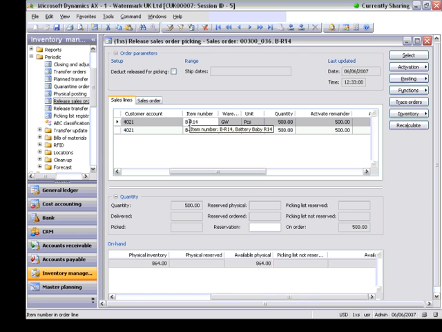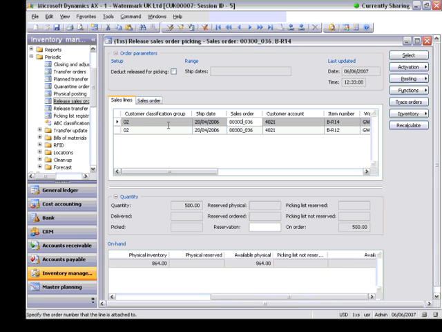With this deduct release for picking parameter selected, the warehouse manager leaves the release sales order picking form open so that he can allocate on-hand items to sales order lines after, for example, his lunch break. During that morning, 2 of the other sales order lines are picking list updated without the items being reserved because they are marked with a higher customer classification group and are therefore a higher picking priority than the sales order line,